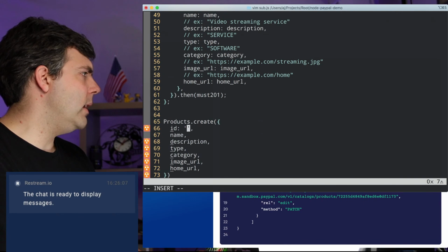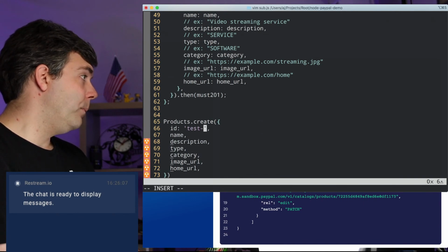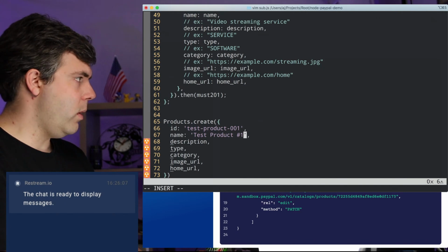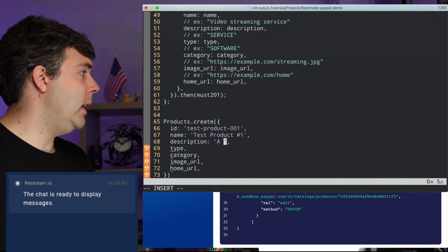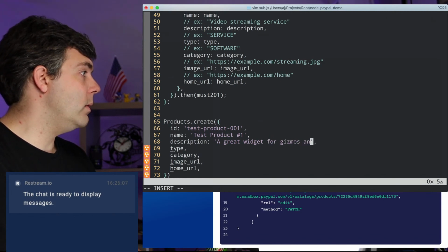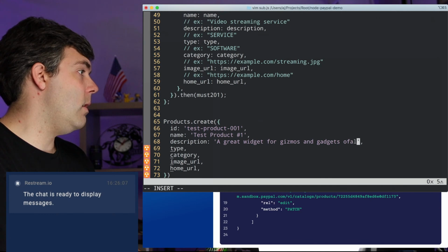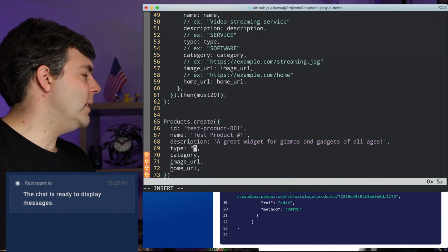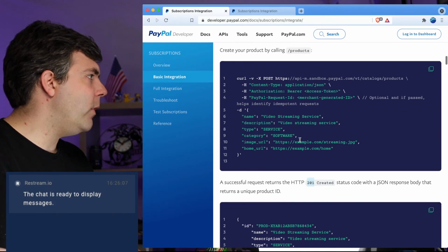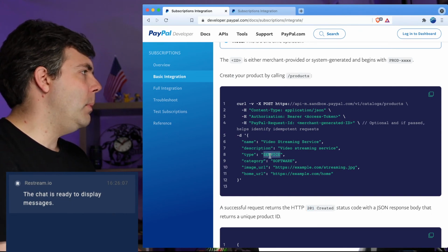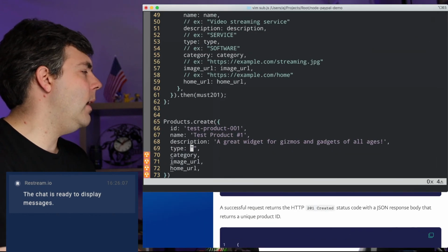And then here, let's go ahead and give this an ID of test product 001. And the name will be test product number 1. And the description will be a great widget for gizmos and gadgets of all ages. Type. Okay, type is specific. I would like to find the documentation for what this is, because we should be able to say,